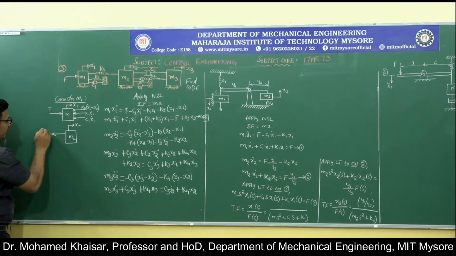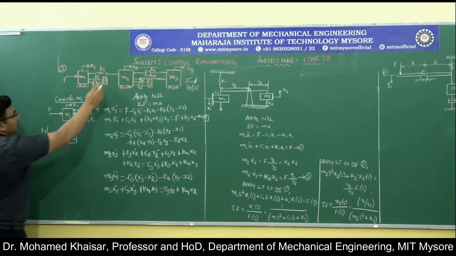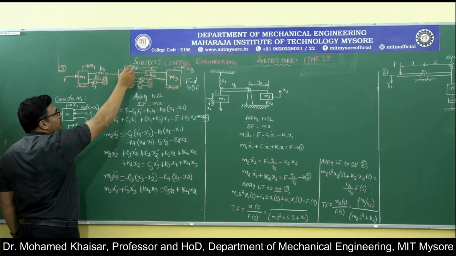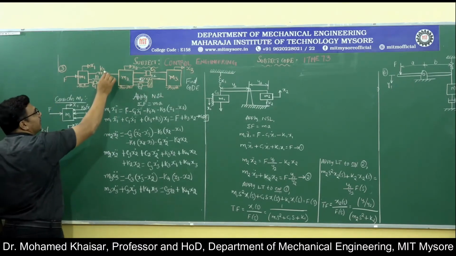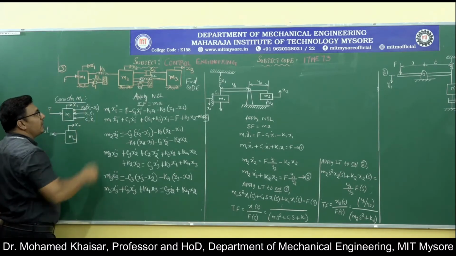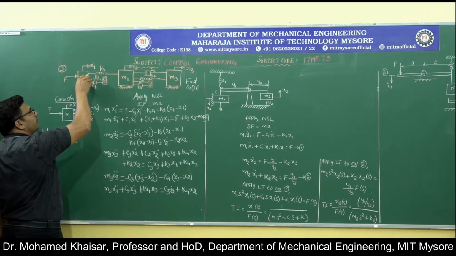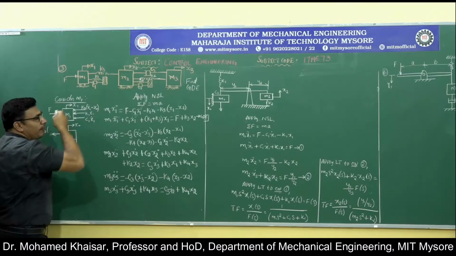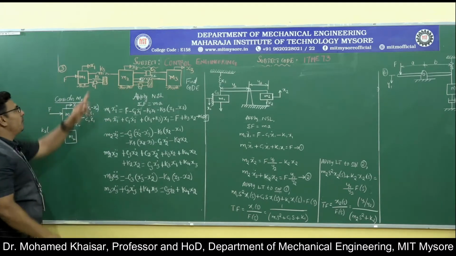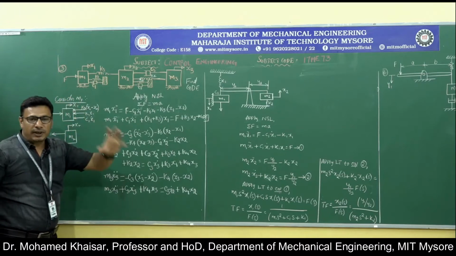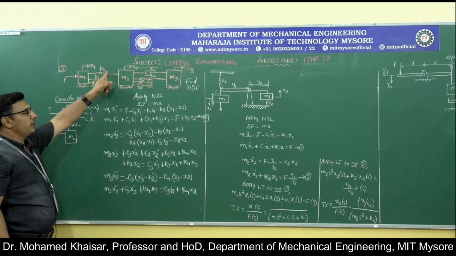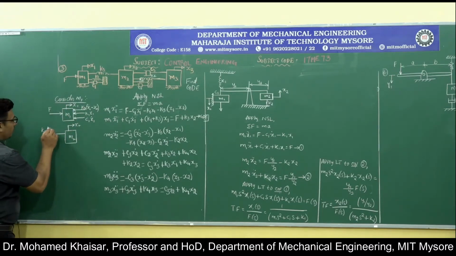Okay, how much will it be? It will be K3 into (x2 minus x1), because when the mass m2 tries to get displaced by a distance x2, then K3 into x2 is the resisting component of the force being offered. Against this, when the spring tries to pull back mass m2, m1 will try to push the spring towards m2 by a force K3 into x1. Therefore, the effective force resisting the displacement of mass m2 due to the spring K3 will be K3 into (x2 minus x1).